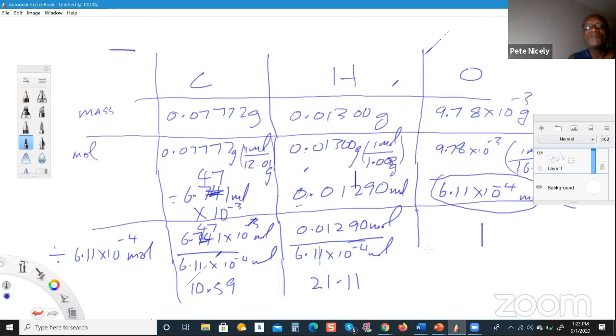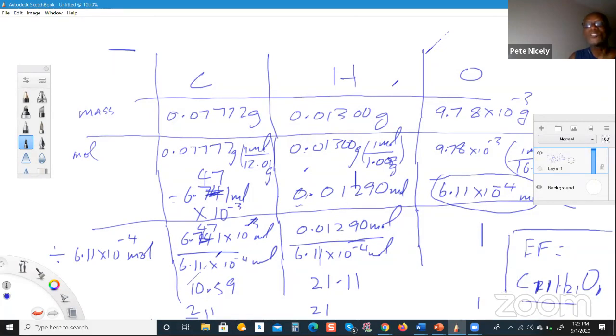Anyway, so basically, we can round this off to 11. We can round this off to 21. This will be 1, so therefore the empirical formula is going to be C11 H21 O1, all right? I have a sneaking suspicion that this is not correct,